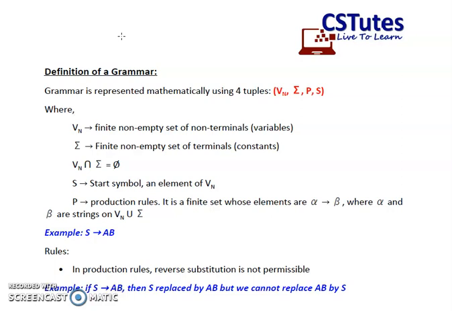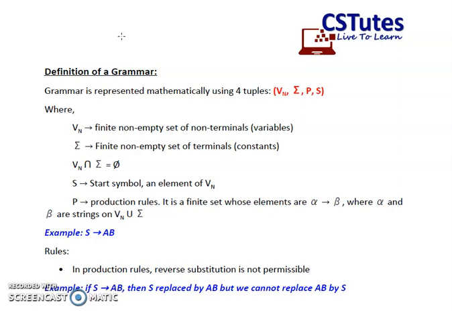Similarly, for a machine, there is a requirement to provide instructions so that the machine can understand them and perform a certain kind of task in a particular manner without making mistakes. In order to provide instructions to a machine, the instructions should follow a certain set of rules, and these rules are defined in the grammar. So that's why the grammar is required for automation. It is required for any automata.